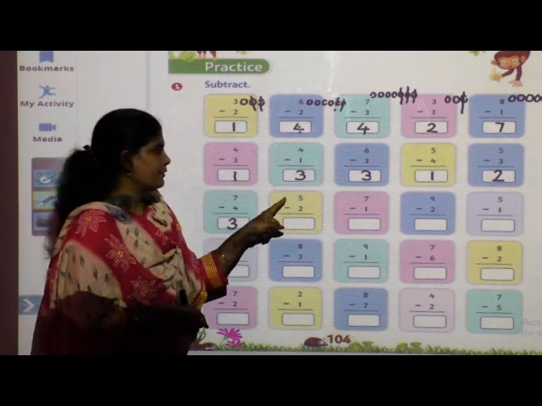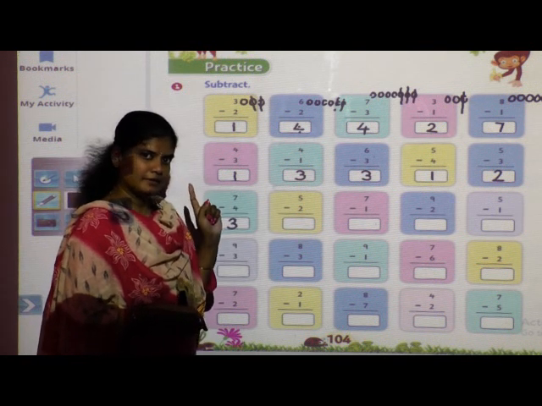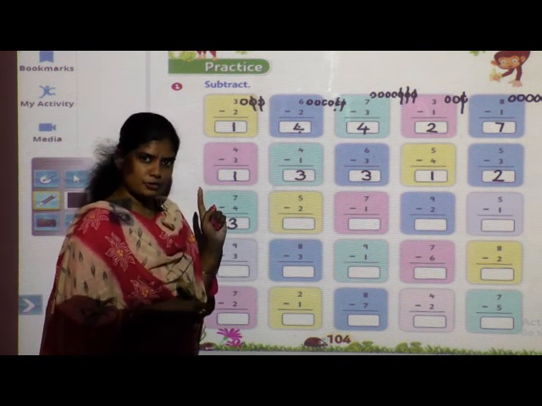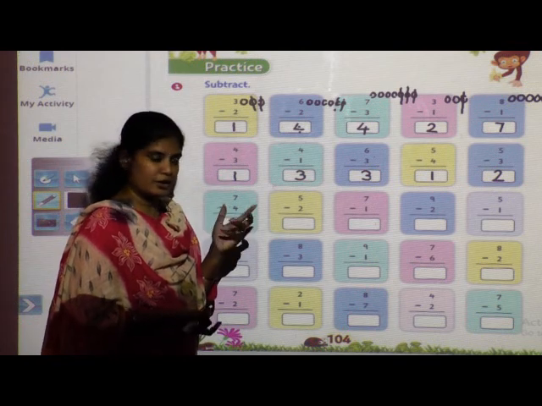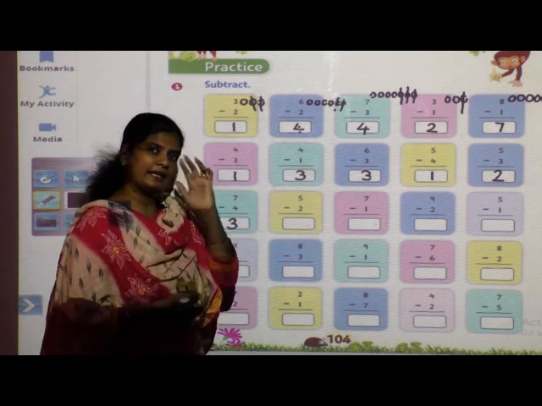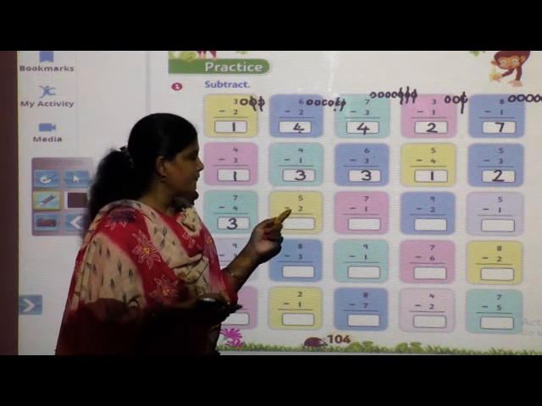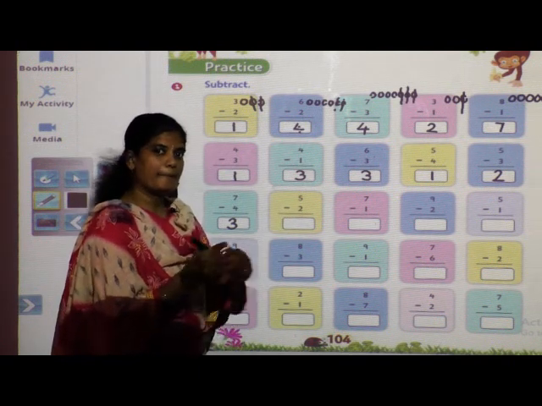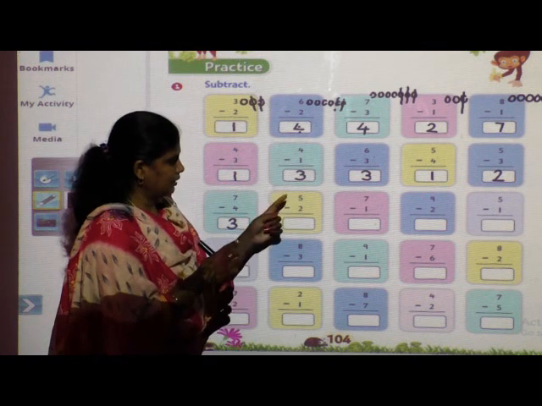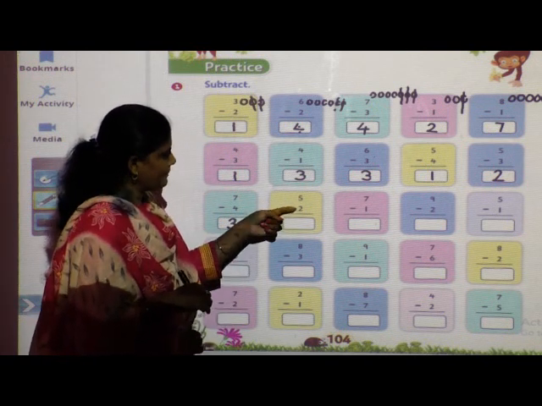Okay, and now third, see what we will do. We will keep 5 fingers in mind, and then we have to cut 2. In addition we were doing that first number in the mind and second, but in the minus only we can do properly by counting on fingers and everything properly. Okay, so 5 minus 2.